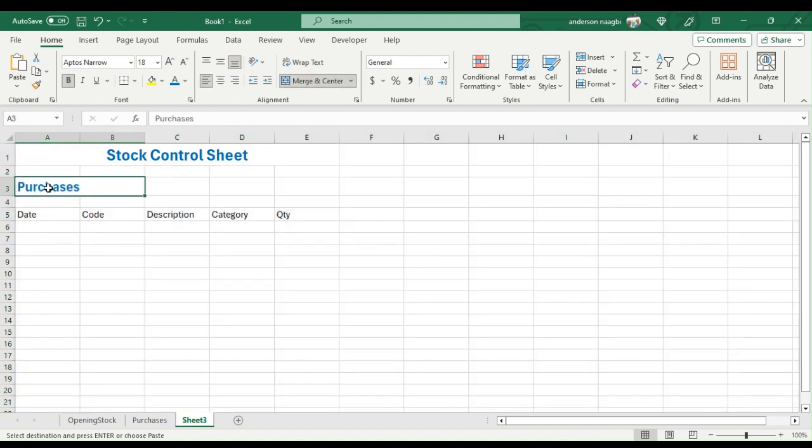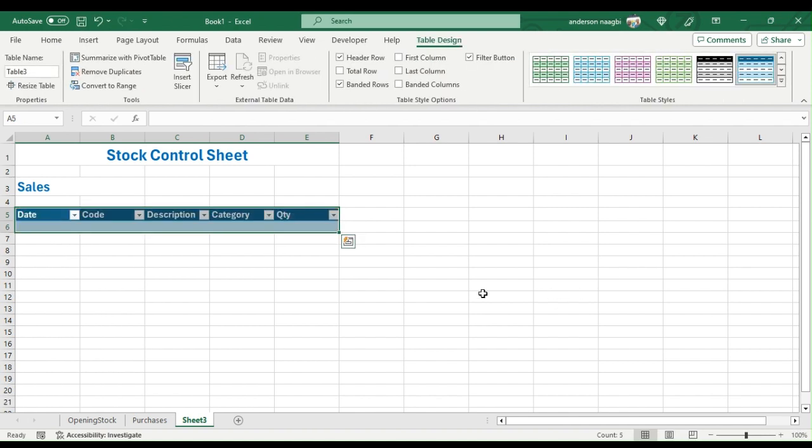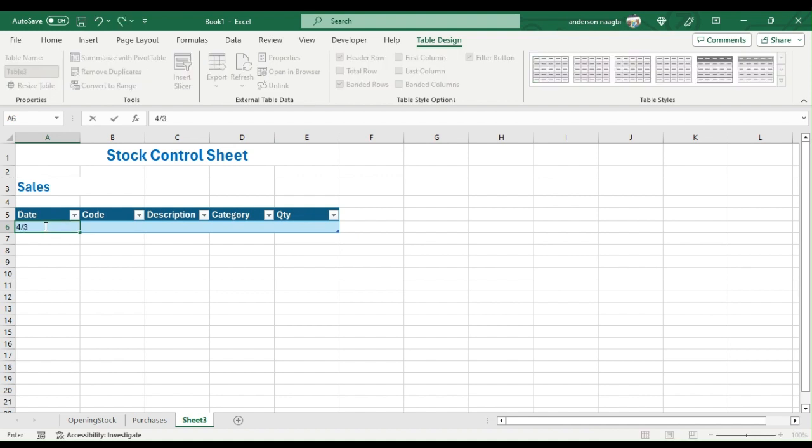We call this one sales, and we make this an Excel table. Okay, on the 4th of March 2024